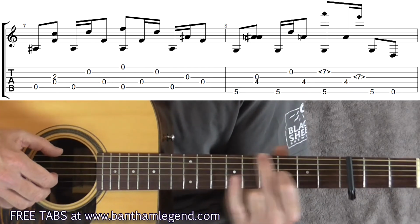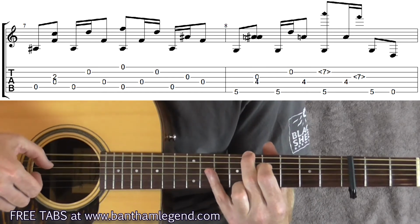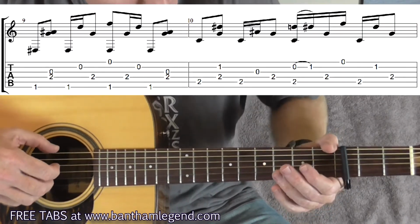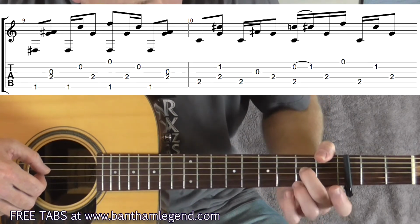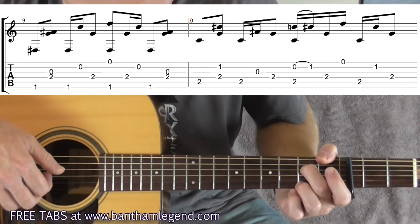Slowly it sounds like this. And then into the 9th bar, I put my thumb over the 6th string 1st fret and middle finger 2nd fret 4th string. And this is going to sound very similar to the 7th bar, because we're still going to